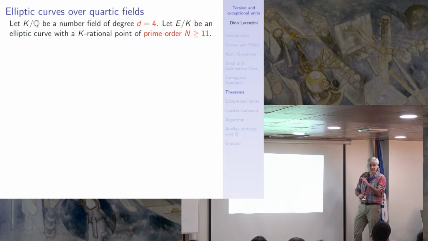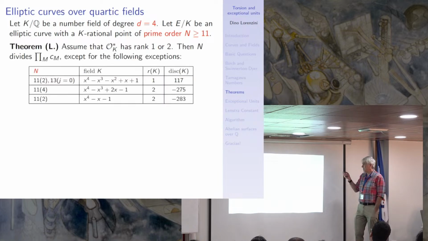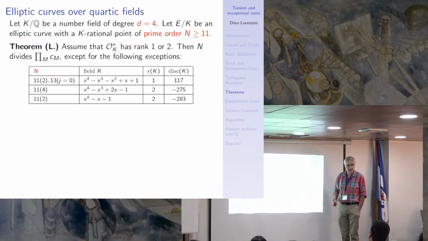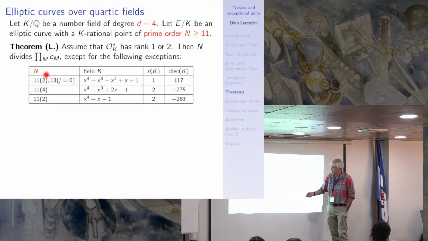So d equals 4. At this point, I take n prime bigger or equal to 11. And the theorem is that if O_K^* has rank 1 or 2, then we have a divisibility except in 3 fields. So let me explain this table here. I'm giving you here the polynomial of the field, that's the rank of O_K^*, and that's the discriminant. And then here I'm giving you the exception. So n is going to be